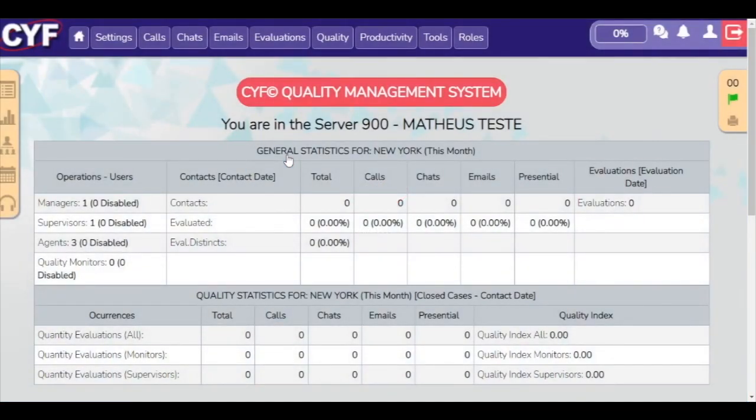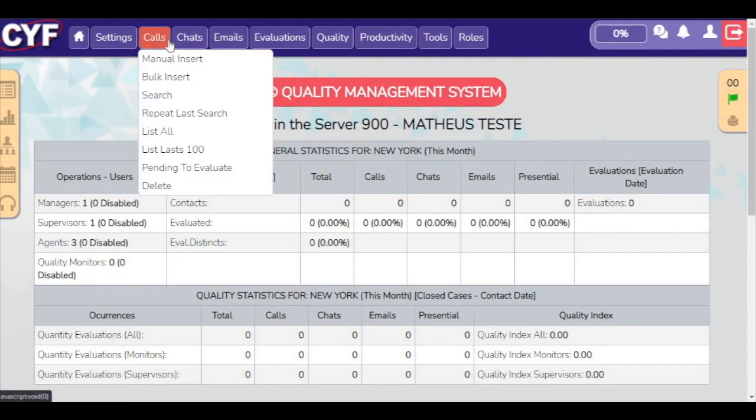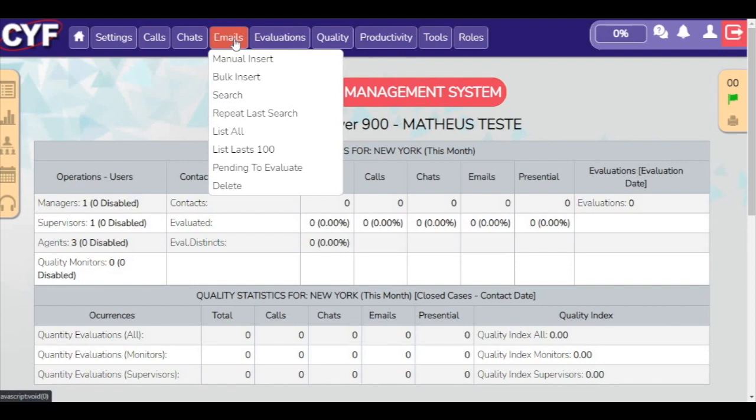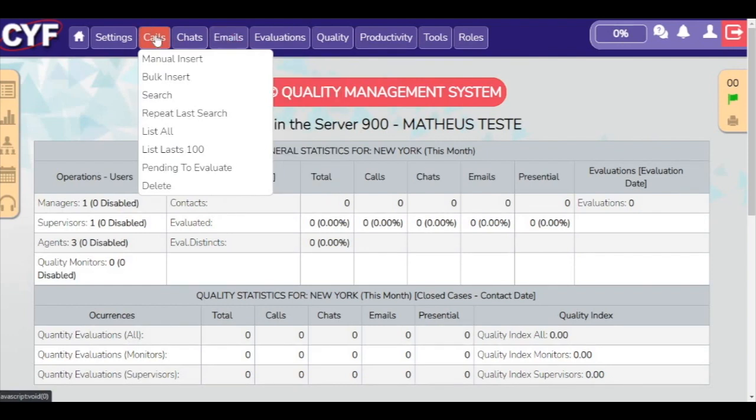And now, let's start evaluating. In this operation, we have enabled 3 channels: calls, chats, and emails. The scenario to start evaluating is the same for all channels. I'm going to use the calls channel example. Go to Manual Insert,